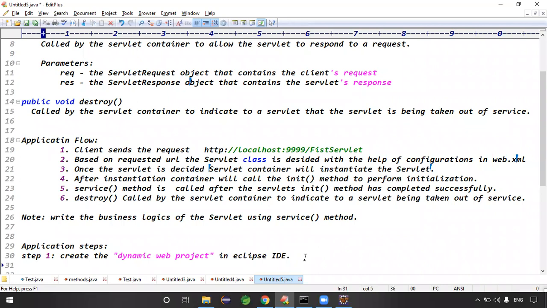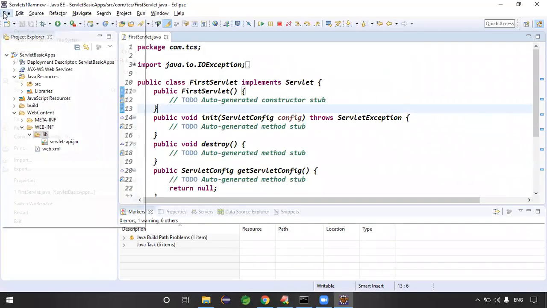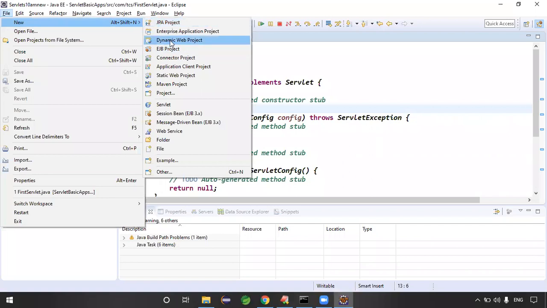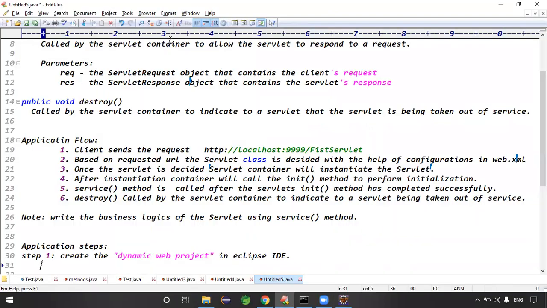You need to go to the File menu, click on New, and select Dynamic Web Project. Should I write these points? File menu, New, Dynamic Web Project. Yes, step one is the dynamic web project, guys. Go to the File menu, click on New, select the